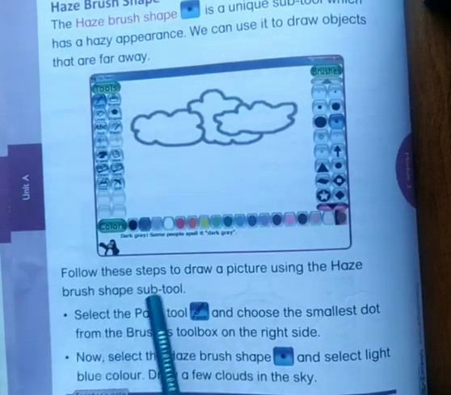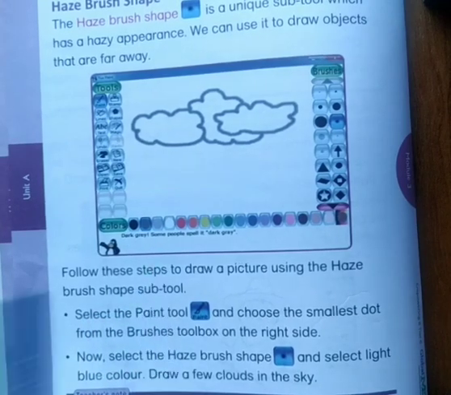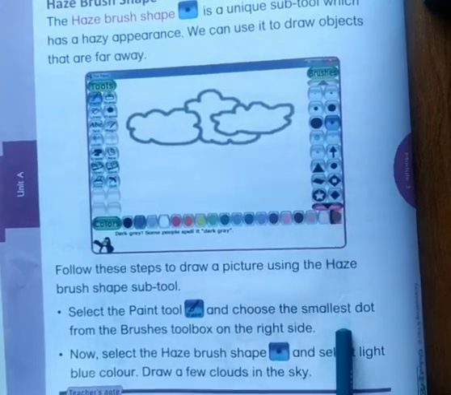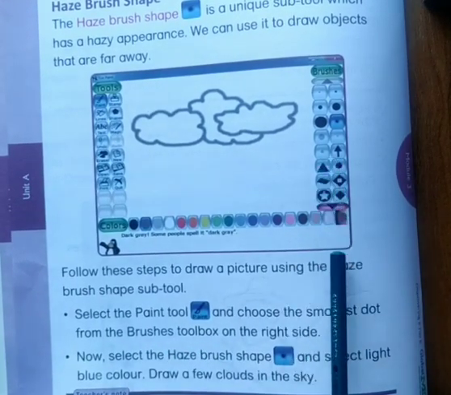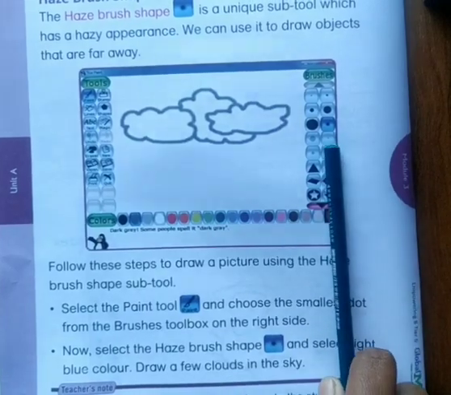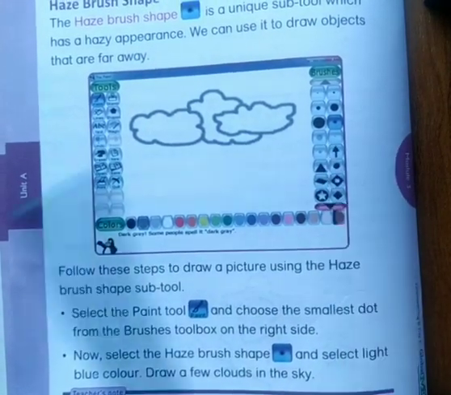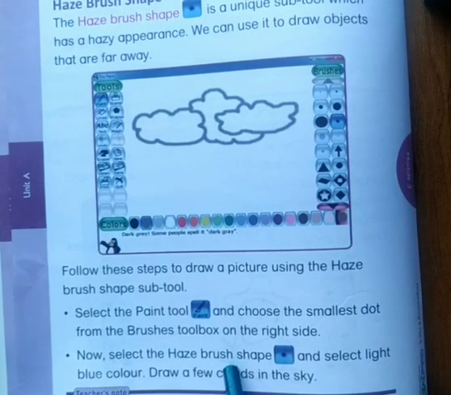So follow these steps to draw a picture using the brush shape subtool. Select the paint tool and choose the smallest dot from the brush tool on the right side. See here, you can see the different types of dots are there. So here they have taken this small dot, and by using that, select the brush shape.